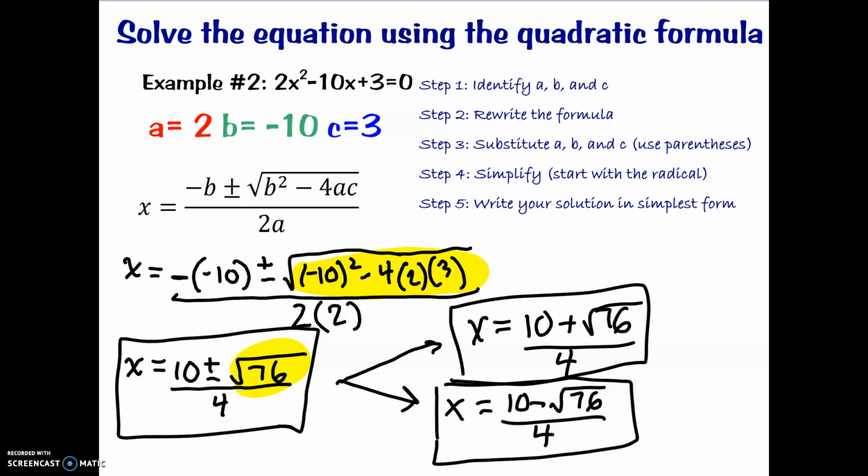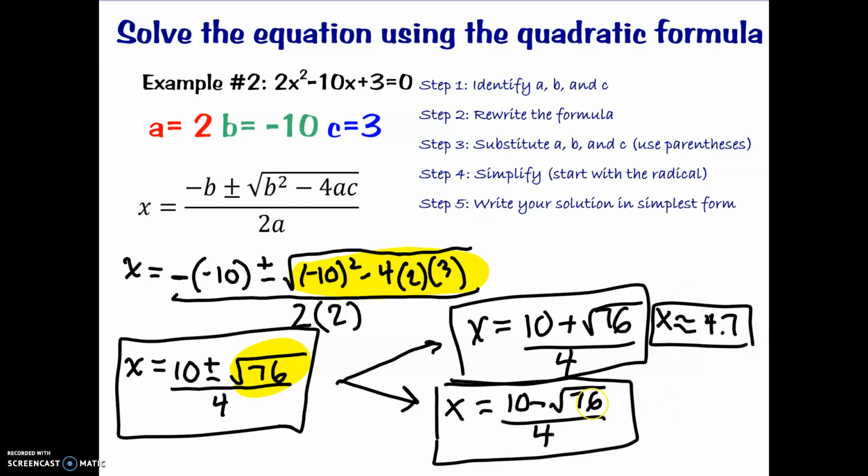The other option you might have is if the question asks you to estimate, and only if it asks you to estimate, you may need to find what decimals these are equivalent to. And that's where you're going to want to just plug this into your calculator. So I would plug in 10 plus the square root of 76, and take that and divide it by 4 and see what I get. In this case, if I do it in my calculator, I will get that x, and remember this is an estimate, is about, I'm going to round to the nearest tenth, so 4.7,